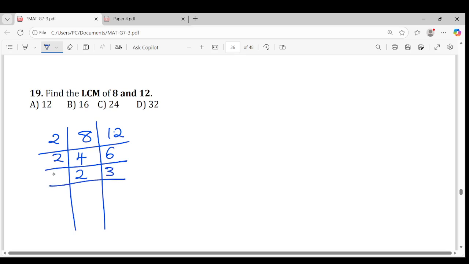Then the next number here should be 2. 2 into 2, 1. 2 into 3, it's impossible. Therefore, you retain the 3. Then here, another smaller number now should be 3. 1, 1. So you realize that your LCM is now being given by